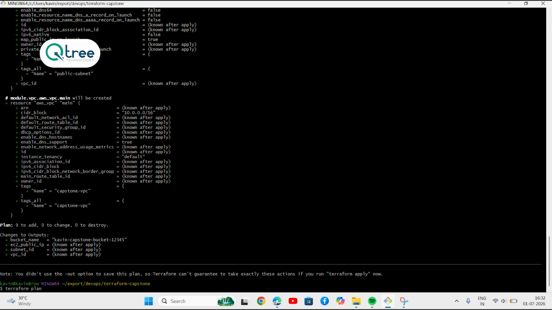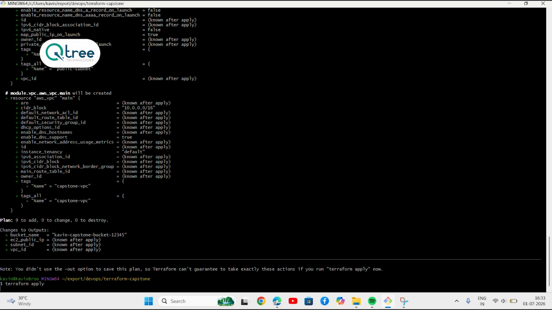Terraform generates an execution plan. It shows what resources will be created or modified. This is the use of Terraform plan. Next, we are using the next command, Terraform apply. By using this command,